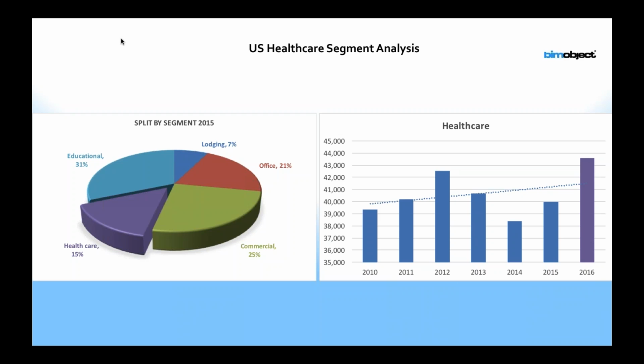Like most segments after 2008, it took a hit. As you can see in the pie chart showing the share of education, education always leads the construction spending segment in architectural, and it's normally between 30 and 38% of total construction, with a split of about 70% K through 12 and 30% universities. As you can see in the right graph,